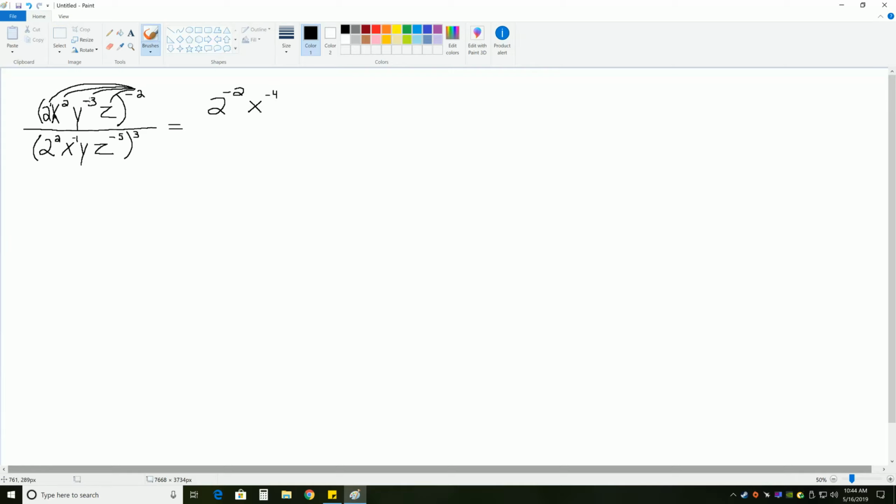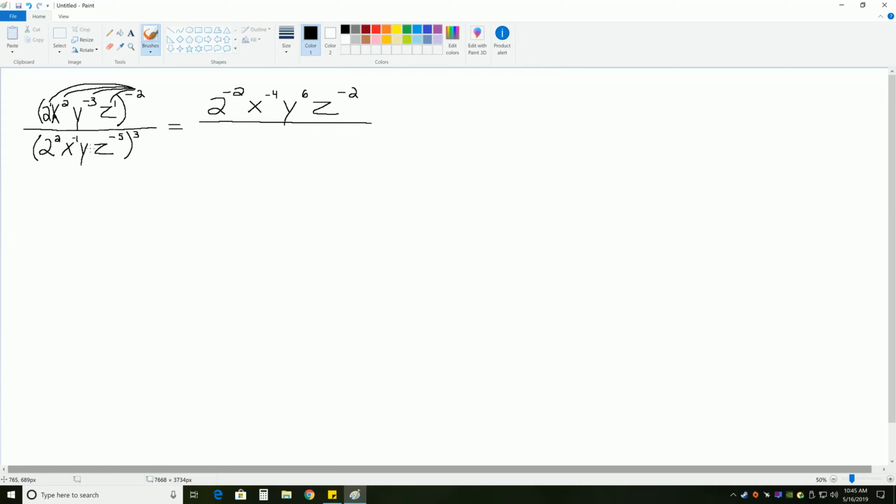And again, negative 3 times negative 2 gives us positive 6. So we have y to the positive 6 power. And finally, z is really z to the first. So when we multiply that negative 2 to our exponent of 1, we get z to the negative second. And that's all over